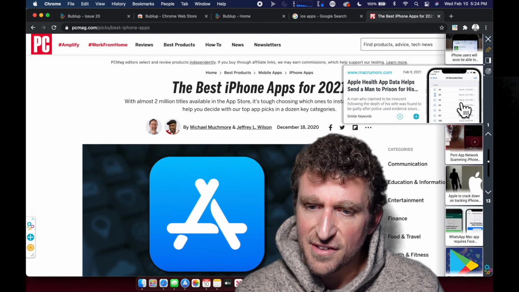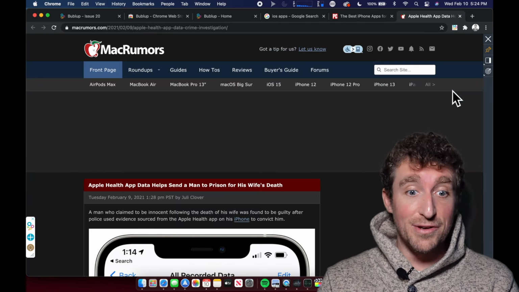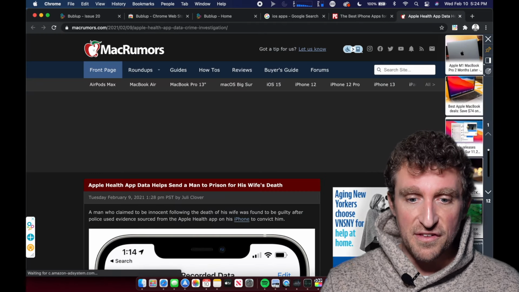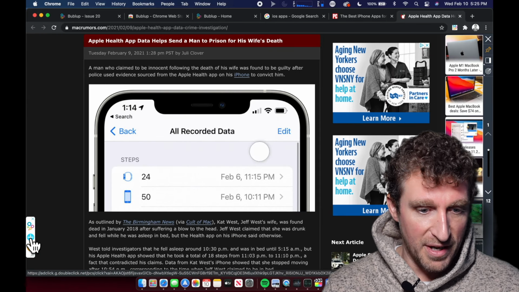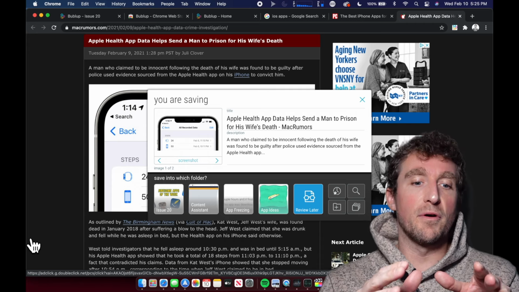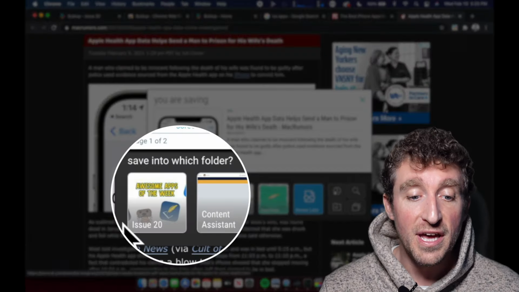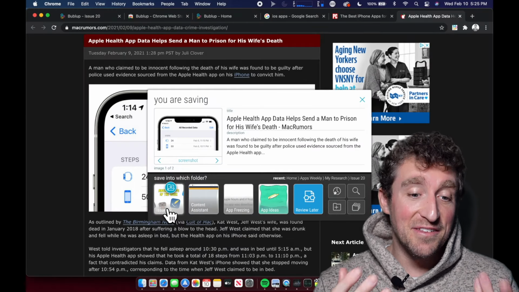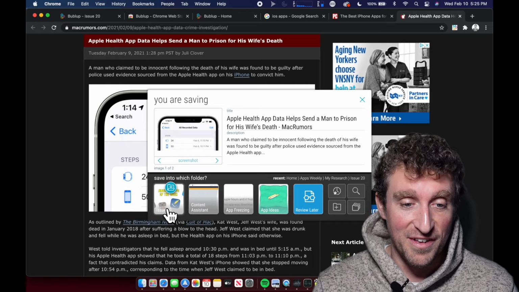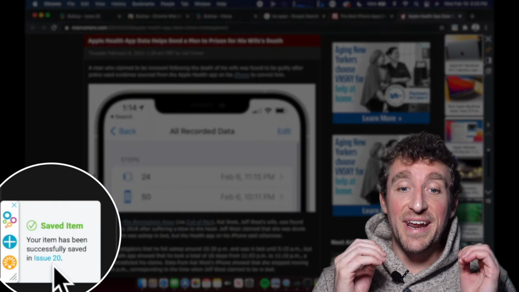Apple Health App Data Sends. Like, check that out. If I hover over it, it pops up, and now I can click that in a brand new tab. It pops up, and let's say that this is another article that I'd like to save. Awesome, let's read it later. I'll hit the plus button, and now notice what pops up, okay? New screenshot, new data right there for me. I can change on the fly, but also issue 20 is now right there because it's the last one that I placed something in, so I get it right there as like a favorites. Click it, and you're done. The item is saved in issue 20, and I'm moving on.